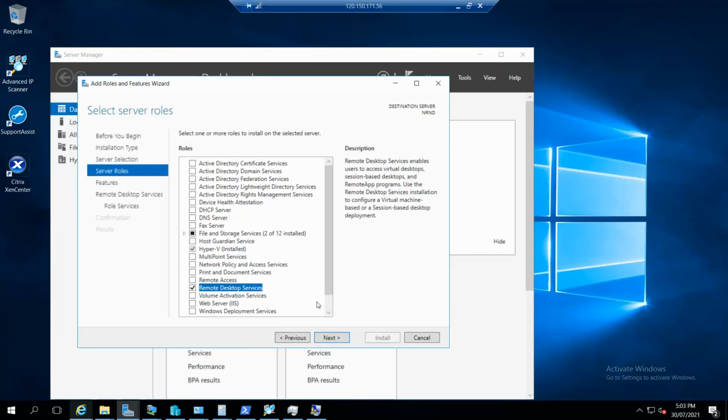Is there any limitation to connect to this server? Yes, the limitation is the number of licenses you are purchasing from Microsoft. That is called RDS CALs. RDS CALs is a licensing count for Remote Desktop Services. However many licenses you install on this server, only that many users can connect.